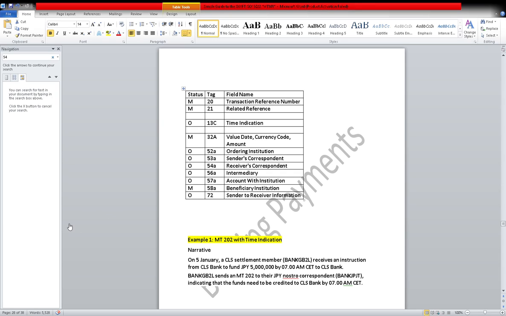Next one is the usage rule. Whenever you are discussing with anyone in your project, you have to discuss network validated rules and usage rules. Both rules are from the Swift side, not from your bank side. I am repeating again: the network rules and usage rules are from the Swift side, so they are not hard and fast, and they need not be the same in your bank. The bank will have another separate set of rules.